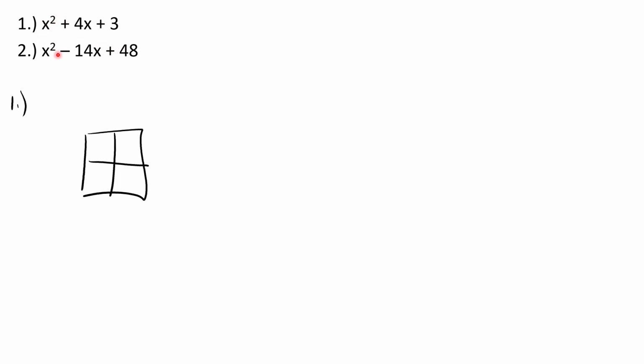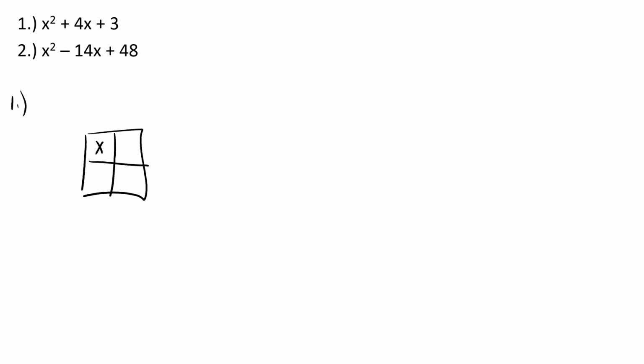I can tell that because the first term only has x's for factors, so x times x. The last term only has numbers for factors, therefore the first and the last terms do not have anything in common, so there's nothing in common for all three. We put the x squared